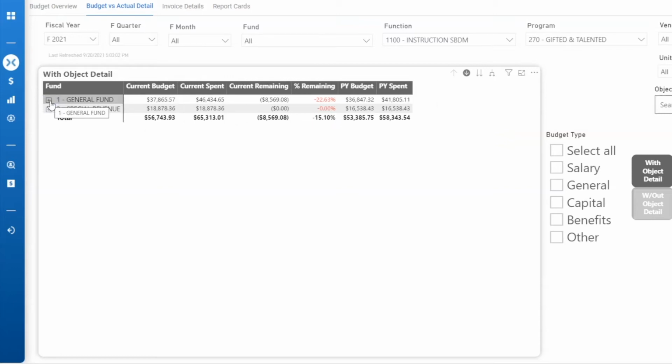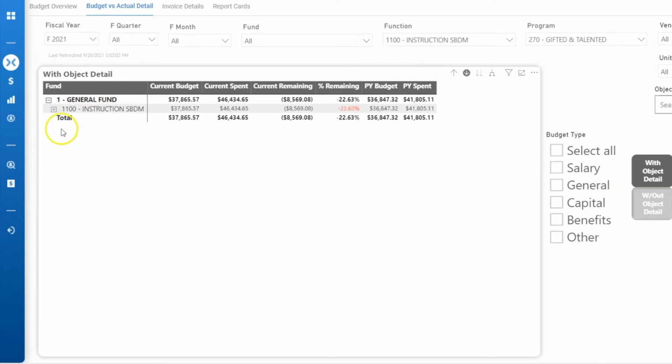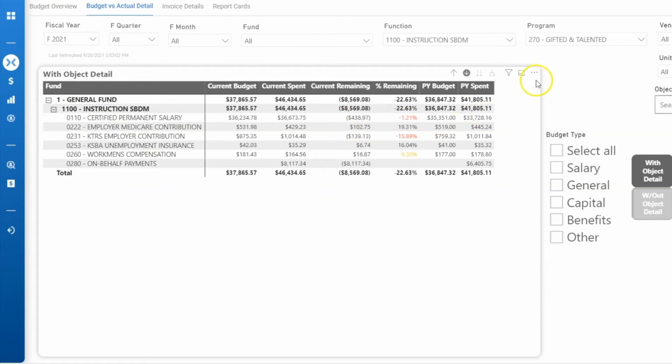Now let's suppose you want to export some of the data from, let's say, the general fund within this function and this program. So let's say we'd want to drill down. We're using the singular drill down, not the pitchfork, because we want just the general fund this time. Now you'll notice that the second fund disappeared. And let's expand that. And then we click the ellipsis, this more options, these three dots, and then click export